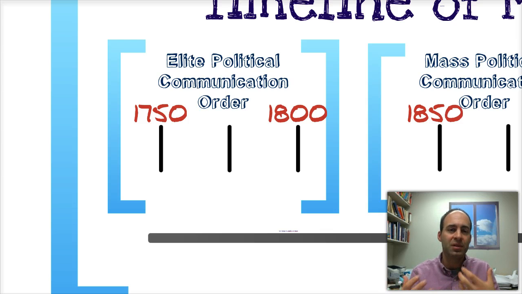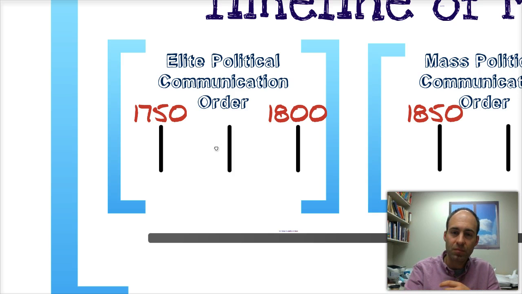If you are getting political information at all through the print medium, you are an elite, right? You are someone who is able to afford a newspaper and also someone who that newspaper is targeting. And ultimately, many of these newspapers were run by parties and were really run or directed by the advertisements, by the companies that were spending a lot of money to advertise in these newspapers. Many of these newspapers were over half filled with newspaper ads.